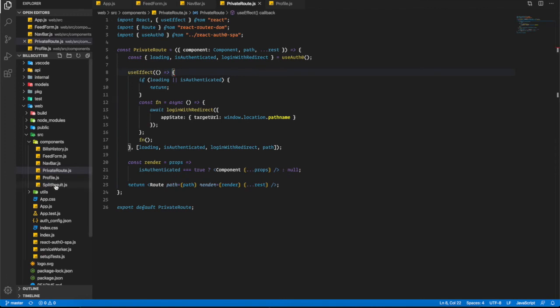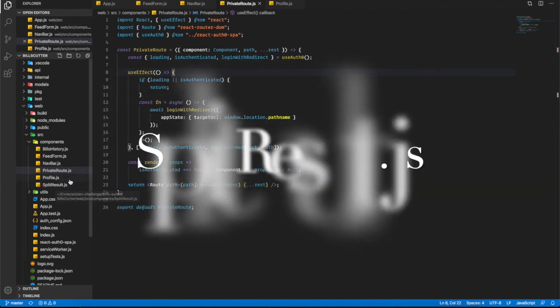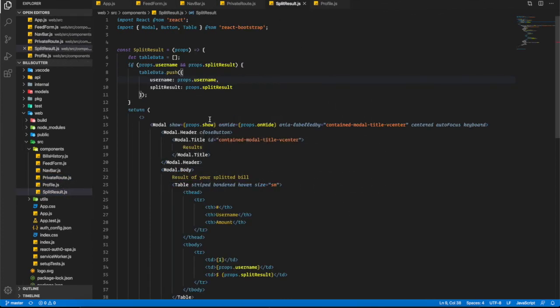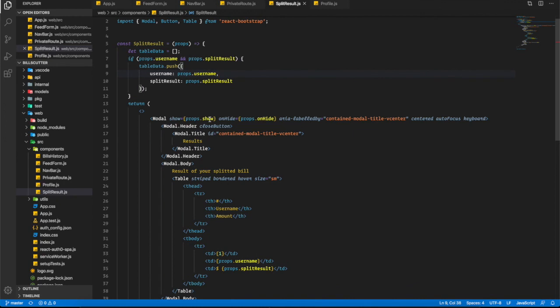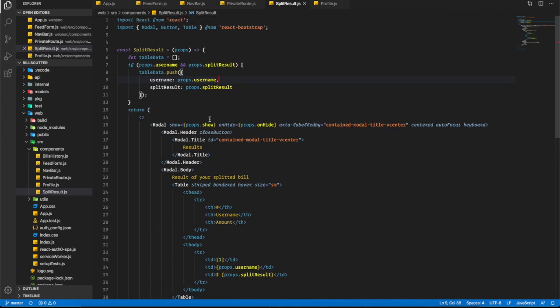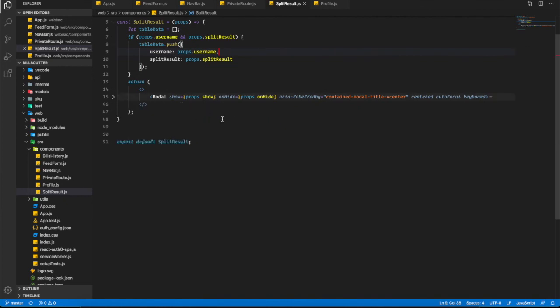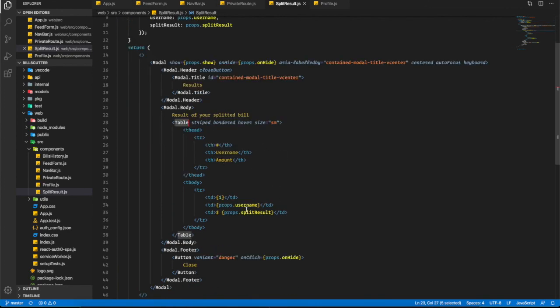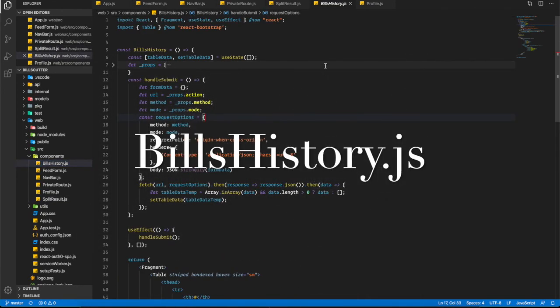Now we have SplitResult.js, which is a modal where we are going to render the result of the calculation of the split form. This modal contains a table that contains the data. And we have a